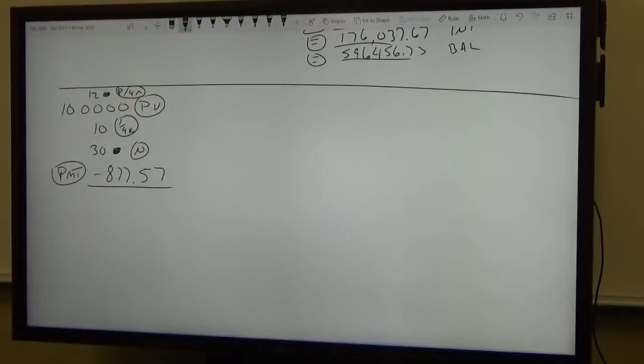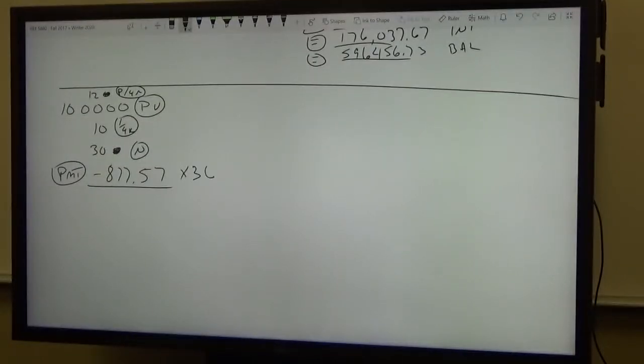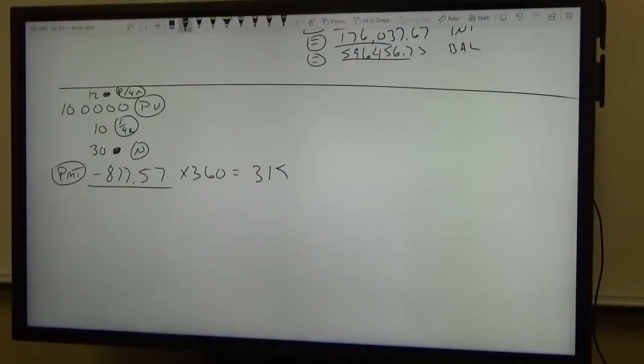Okay, so now if you look at that and you say, all right, we're making that payment for how many months? 360, yes? Okay, so let's just take that times 360. It'll be a total of $315,925.77 in total payments. Now, if we were to change that to a 15-year term,